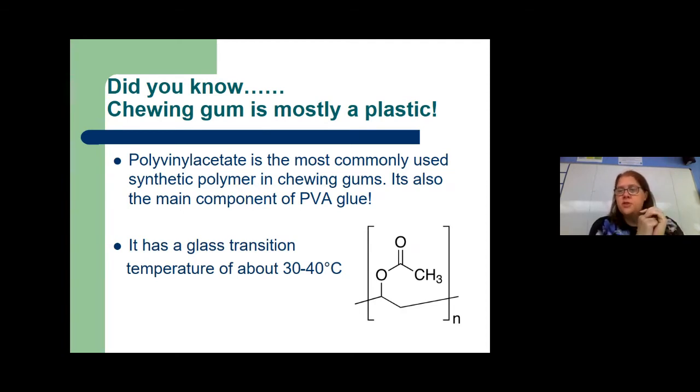The most common substance that you find in modern chewing gums is polyvinyl acetate, or PVA. Now PVA is also the same stuff you find in that white glue that you use in school. And if you've made slime at home, you've probably used PVA glue to help you make slime. So when you think about it, it sounds quite gross that you're chewing something that also exists in glue.